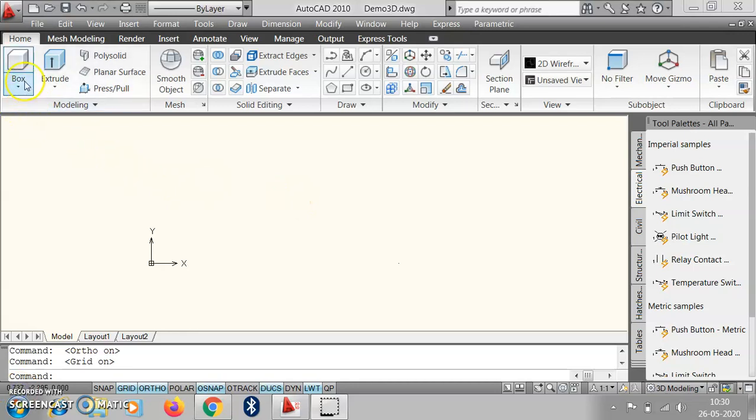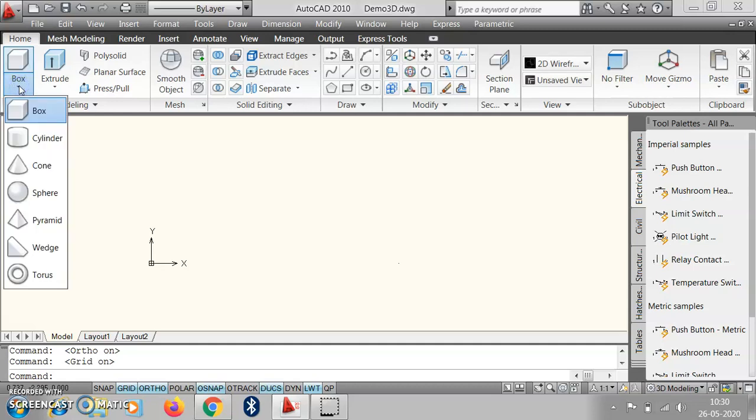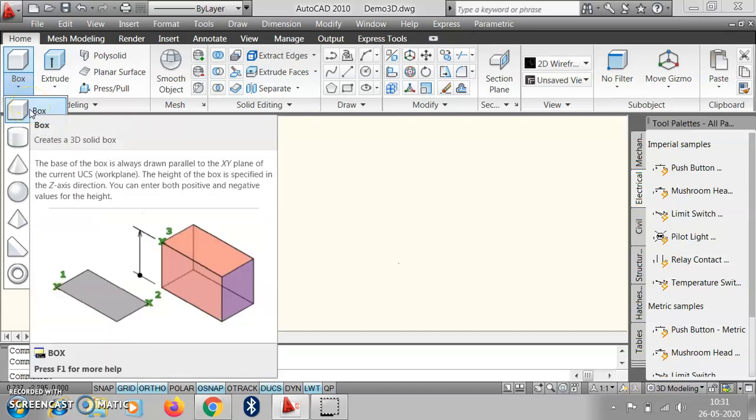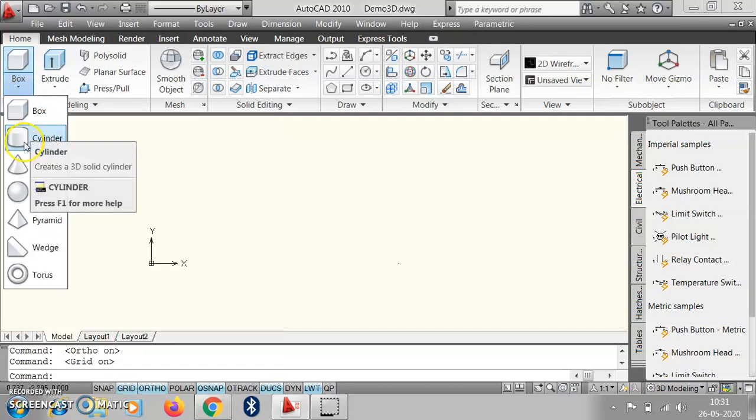Okay, so we studied the toolbars given in 3D. Very first in the home ribbon we have the ready-made shapes, meaning shapes we can directly draw in 3D, but these shapes are required very rarely in 3D work, though they are very useful whenever we have to draw some quick objects.